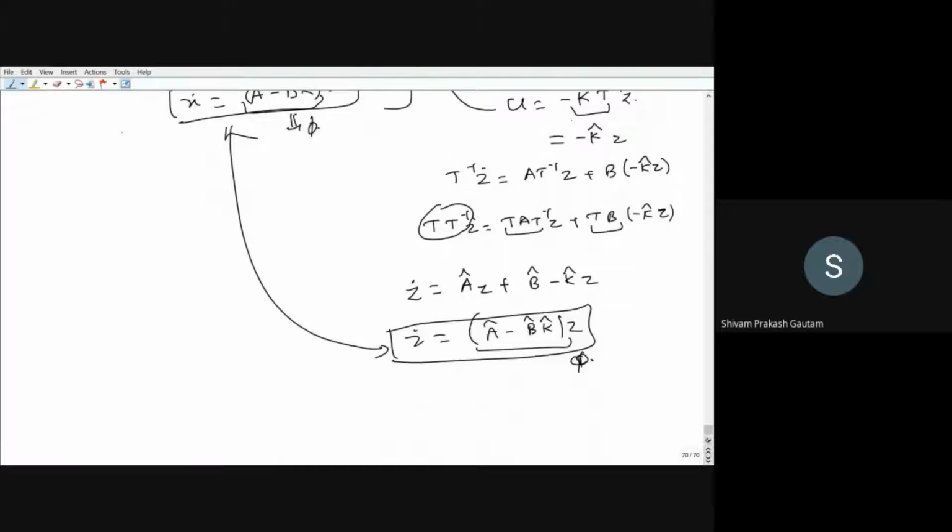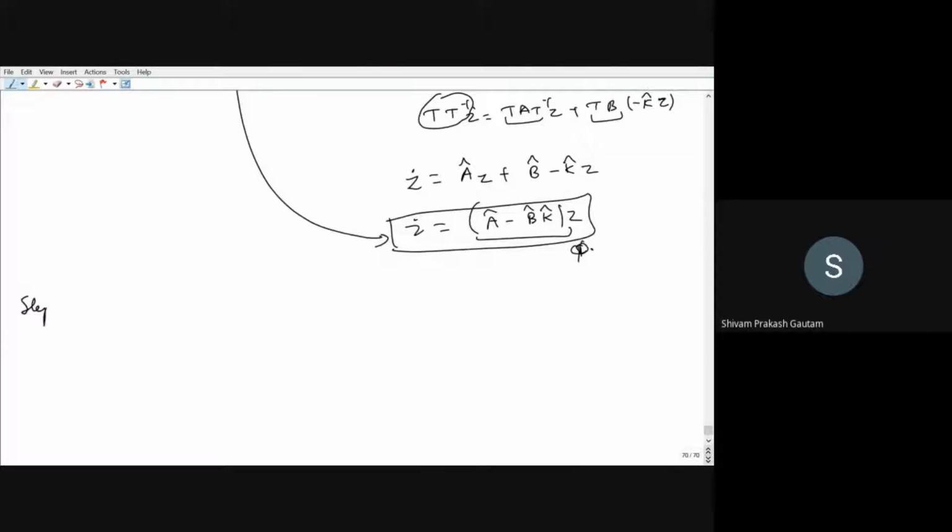Step number 3 is to find the pole placement state feedback for the control canonical form by using u is equal to minus k cap z. So we will use this equation and we will find the pole placement state feedback. Now step number 4